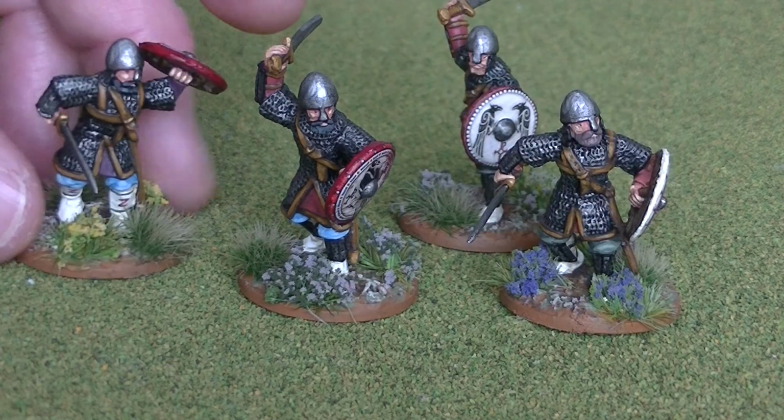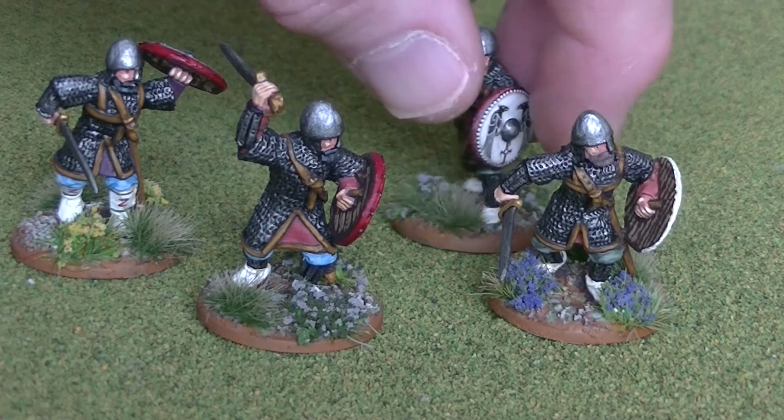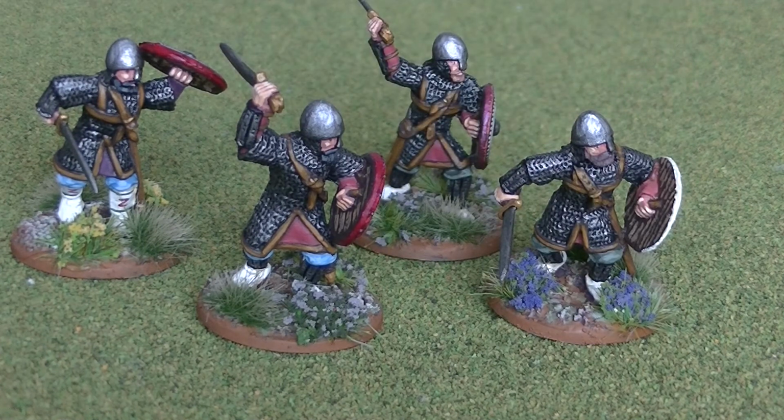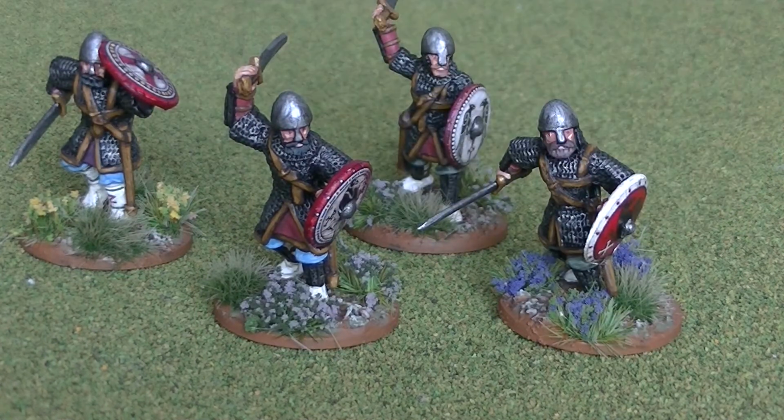Now these to me look like so many other Gripping Beast figures, other than the padded footwear and leg gear they've got on. I mean, these look virtually the same as lots of their other figures, similar poses and chainmail. They remind me a bit of the Flemish mercenaries and so on. And these are described as